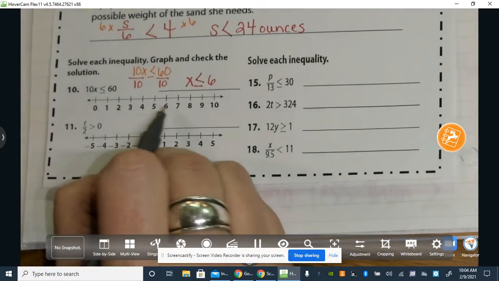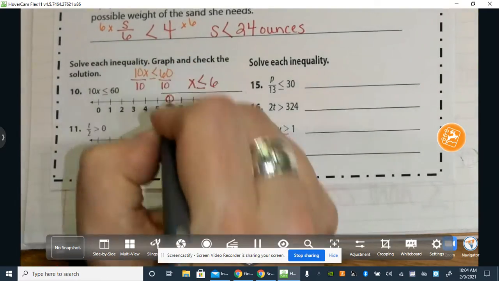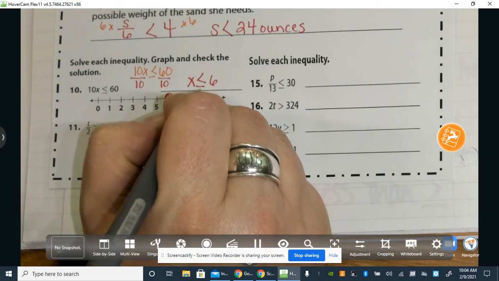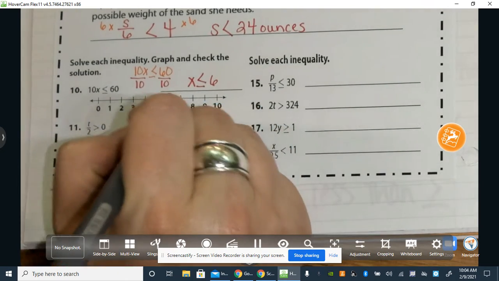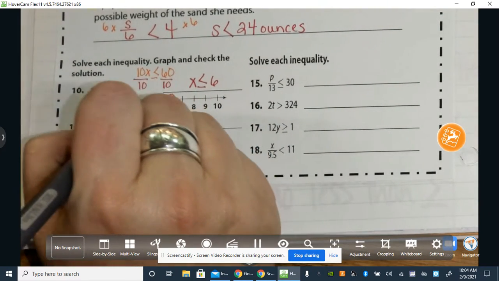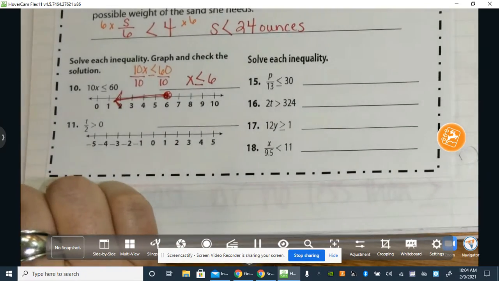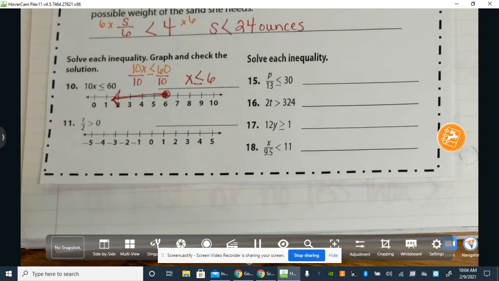So I'm going to find where 6 is on the number line. I'm going to put a circle. I'm going to shade it in, and then I'm looking at all numbers less than or equal to it. So it's equal, less than, going to the left. So my arrow is going to point to the left. All right. Now the next one